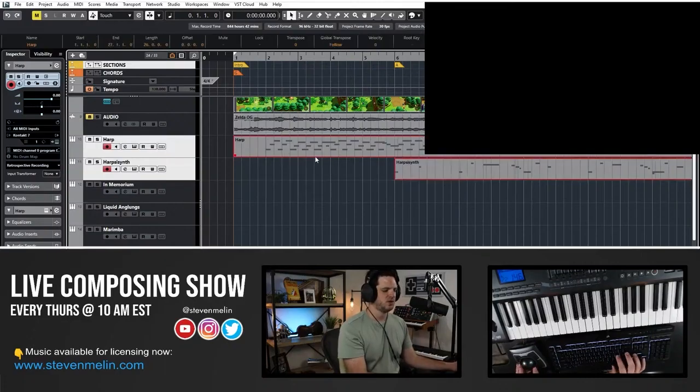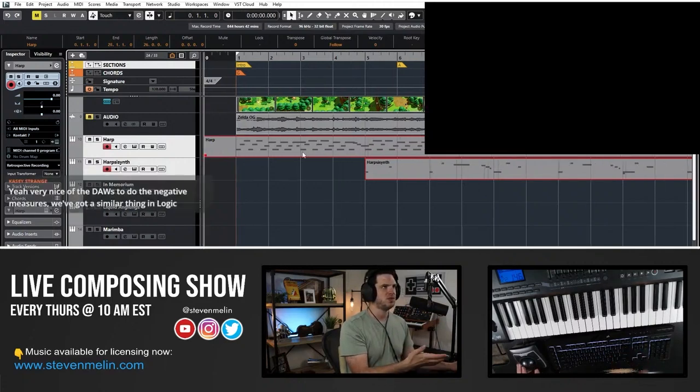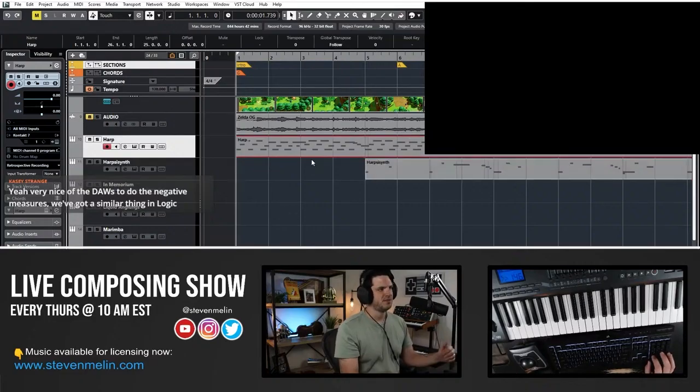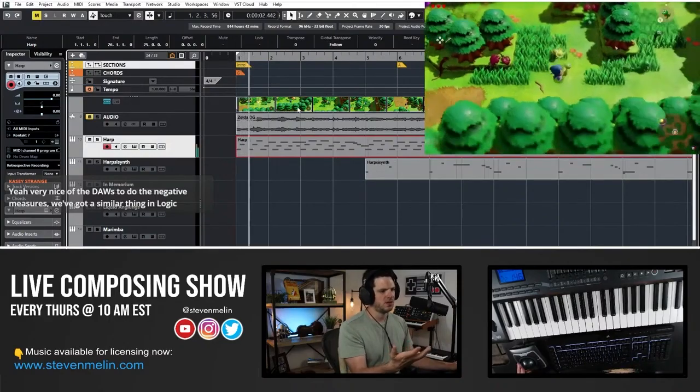So the secret to this is if you go up to your quantize bar, I have a shortcut on my computer keyboard that can move everything that's selected by whatever the quantize is, because it says use quantize right there, and there is my quantize. 1 out of 1 means 1 bar. All I have to do is hit one button and then everything shifts to where I want it to go. Pretty cool. So now if I hit my keystroke, which starts the transport at the looping bar, there's my intro,